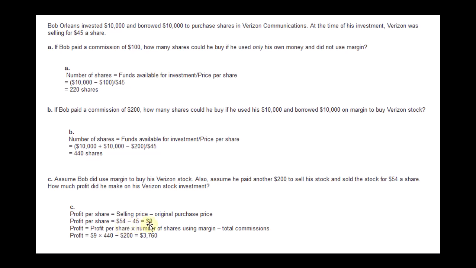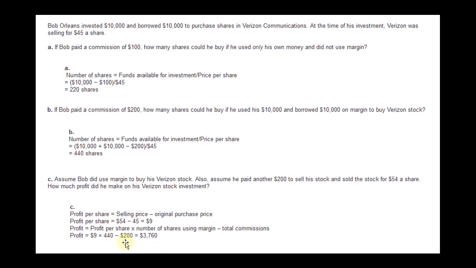But how much is it in dollar amounts? Well, we've got to take the $9 times the 440 shares he purchased, because this assumes he took option B. He borrowed $10,000 and used $10,000 of his own. So 9 times 440 gets us the full amount of profit he made, and then he has to pay another